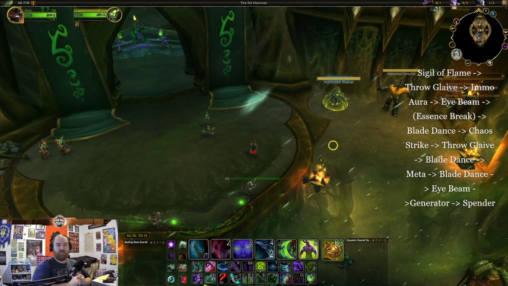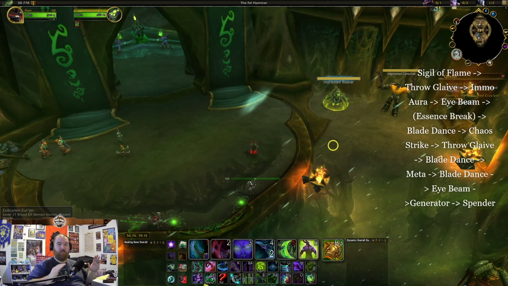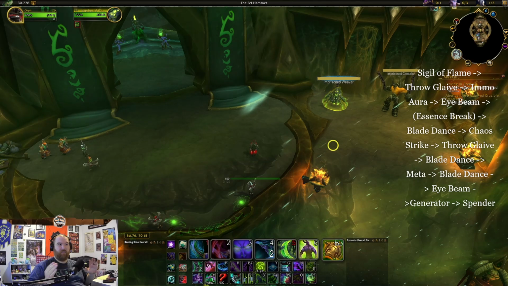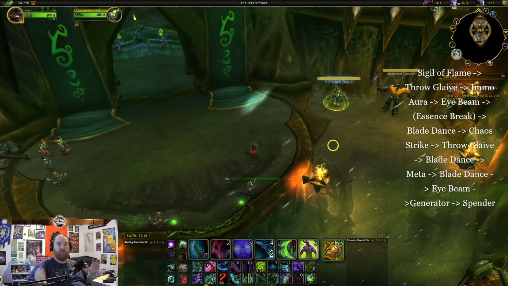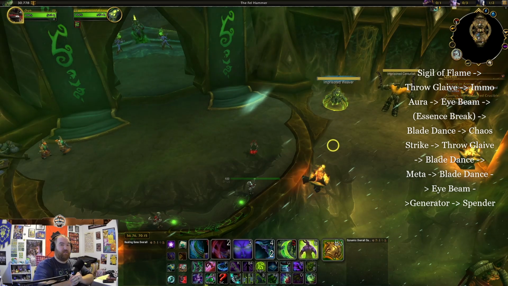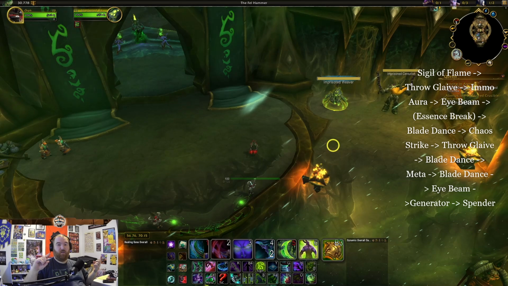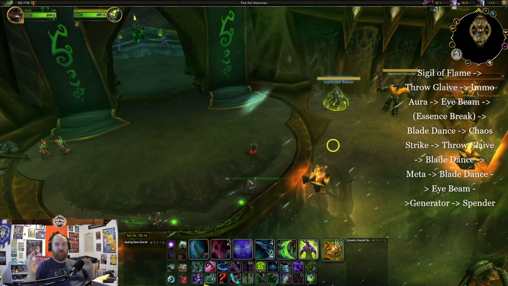Then you'll Chaos Strike, which is annihilation. You'll throw glaive because your first dot will have been falling off at that point. I think it's at 1 second maybe. You'll throw glaive a second time after that initial Chaos Strike. You should have enough haste to be able to Blade Dance a second time before your demonic metamorphosis ends. You'll then want to use metamorphosis, Blade Dance again, and then I-beam to generate a big fury bar, and then